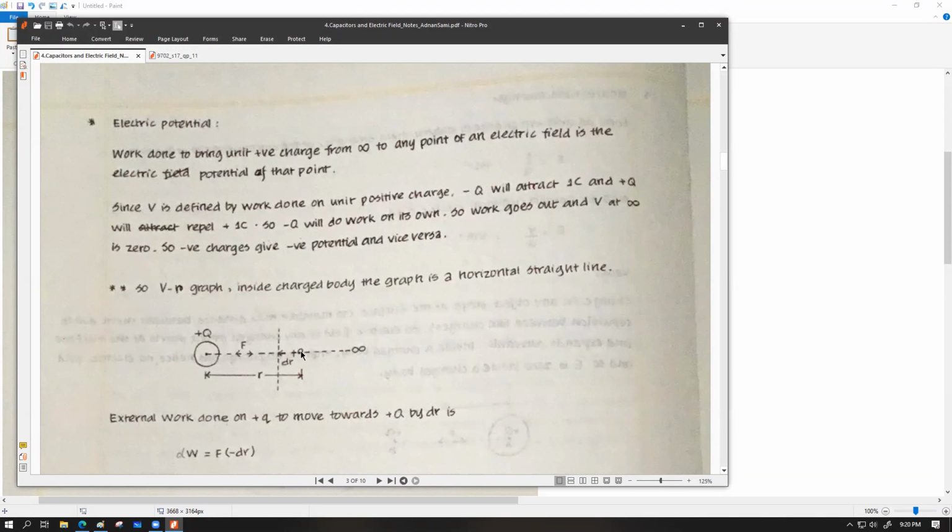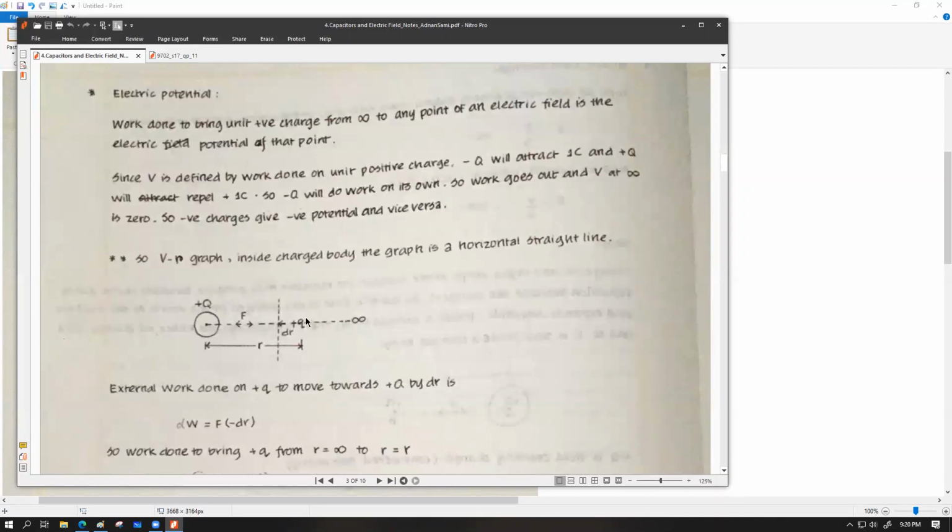So let's say that our test charge is plus Q, and this was initially located at infinite distance. Now we are trying to move this object at r distance from over here. So this is the position where we want to measure the potential. And just to measure the potential, we have moved this small plus Q charge by a minuscule distance dr in this direction. Dr represents differential distance, which means it is very small. I mean, dr is basically 0, but it's not entirely 0. So it's approaching 0, limit thing, infinitesimal. And because this is such a small distance, we are assuming that the force is remaining constant for this much distance. So external work